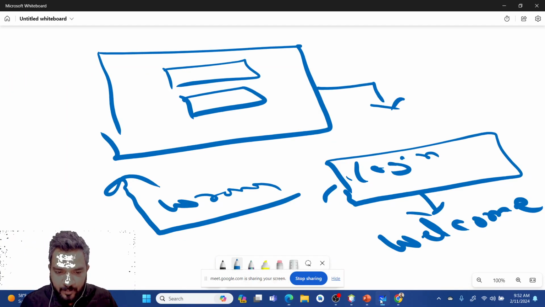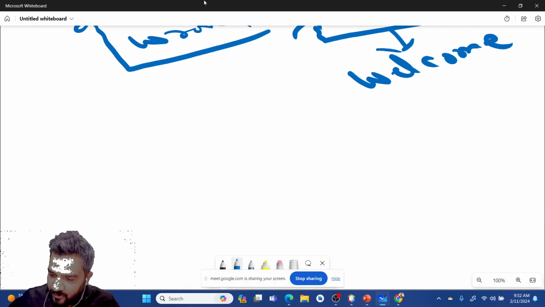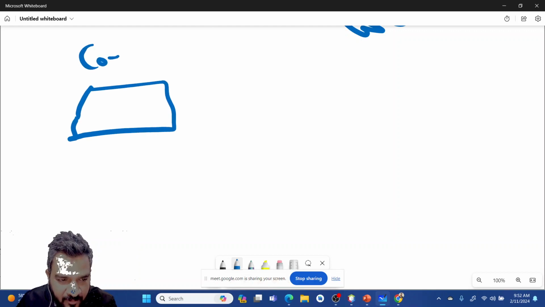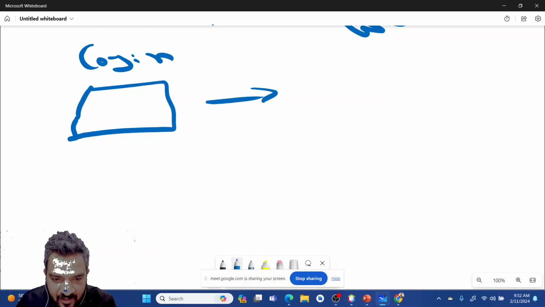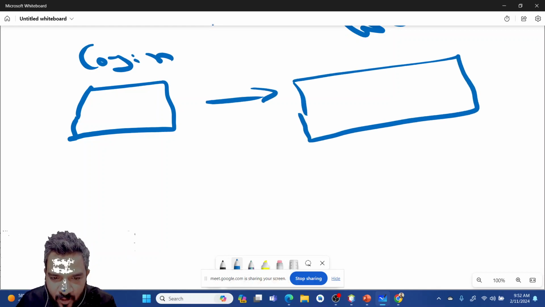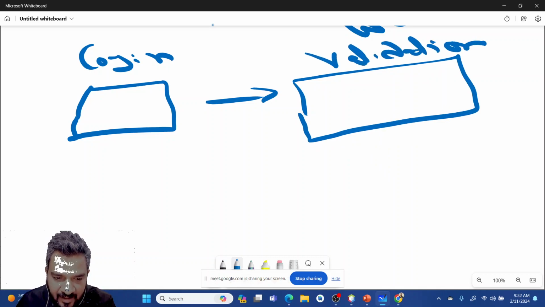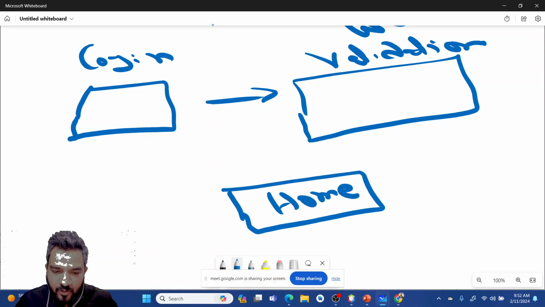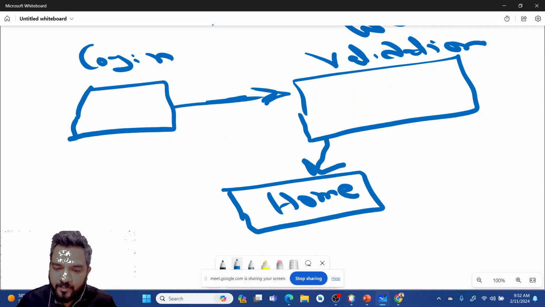Why? Because in this whole coding, or whole idea, there are three pages, right? One is our login page. This is our login check, or validation page. And this is our dashboard, that is the home page. So anyone who wants to reach the home page should follow the right process: they should go to the validation page, and after right validation, it should go to the home page.